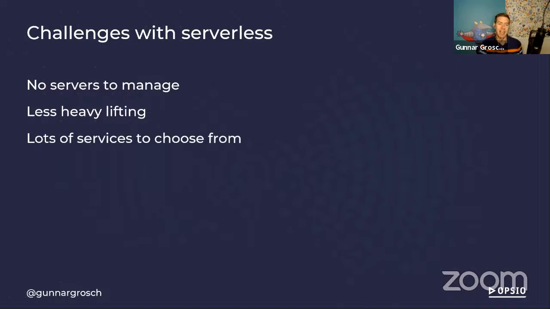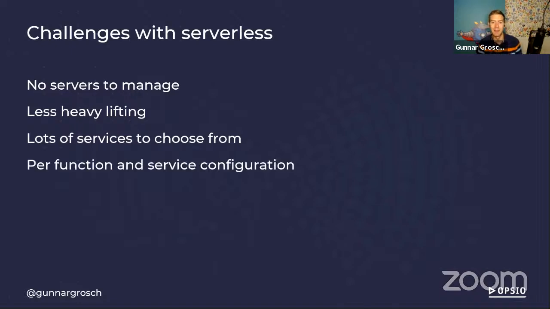And beside Azure Functions as perhaps the most common part of our architectures, we have a vast amount of services to choose from when building applications. Every one of those services has its own potential sources of failure, and many of them have these unknown failure modes as well. So for each function and for each service we use in our serverless application, we have separate configuration. We have separate security policies and so on.